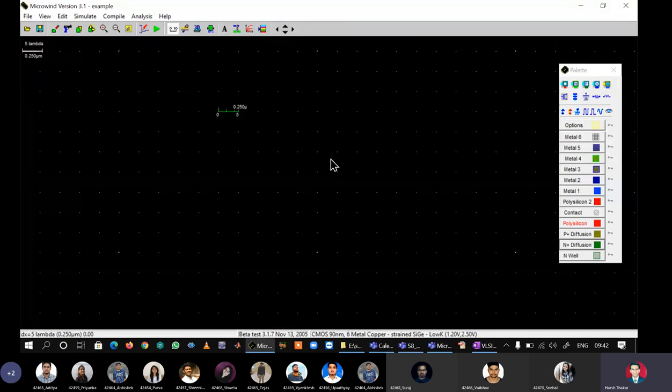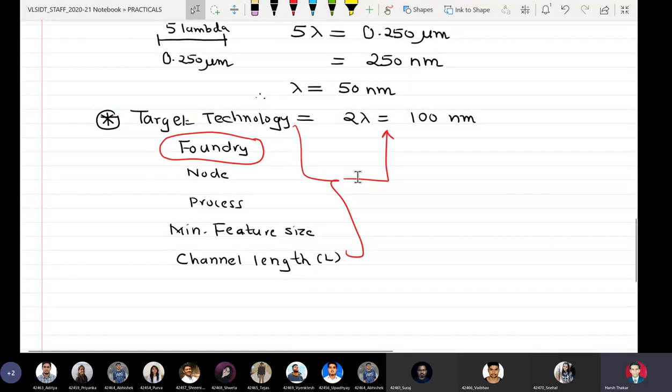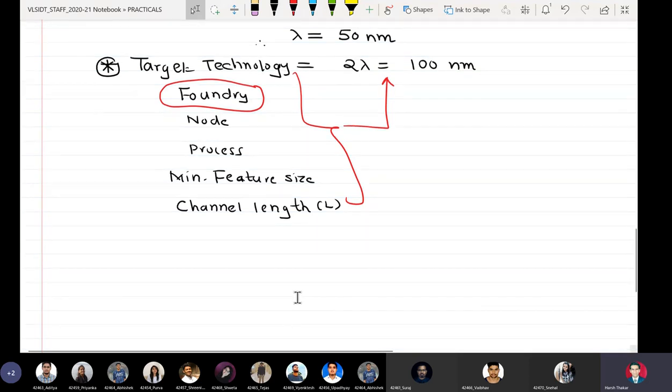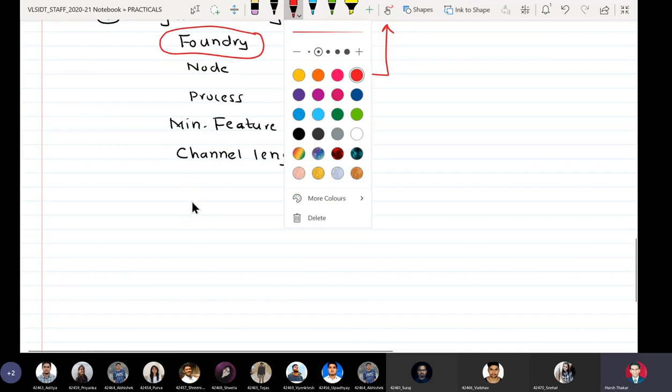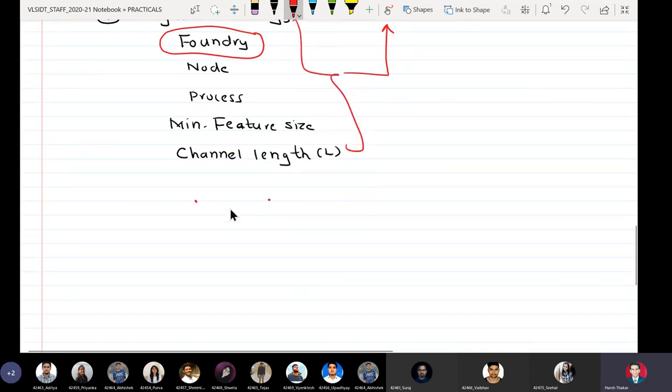Got the point? So that means if my target technology is 2 lambda equal to 5... I'm very sorry, this is 250 nanometers. It is the distance between two dots. So on the workspace, I find that the distance between two dots is 250 nanometers.